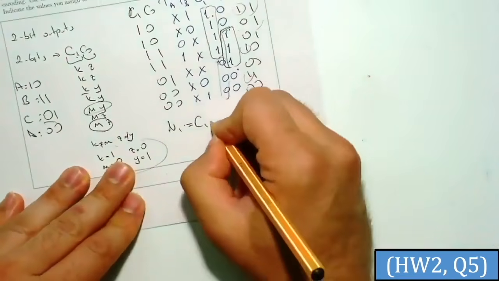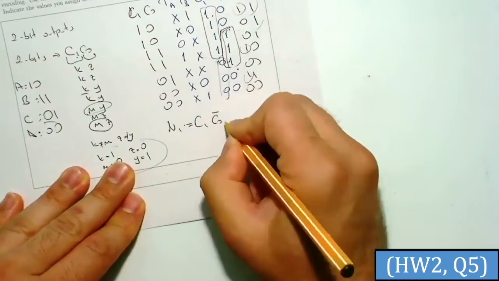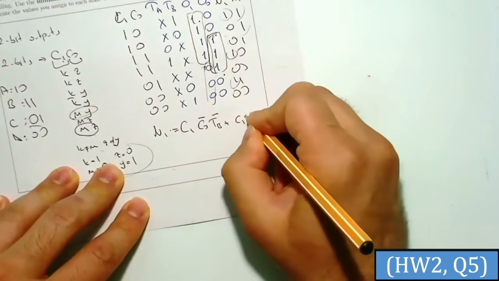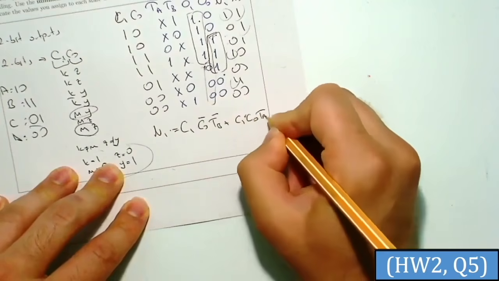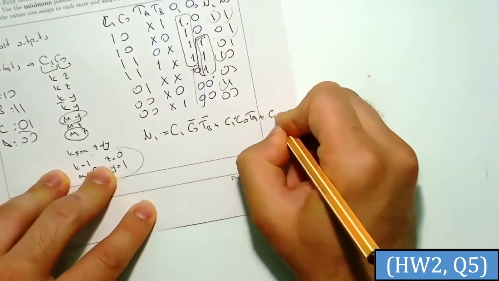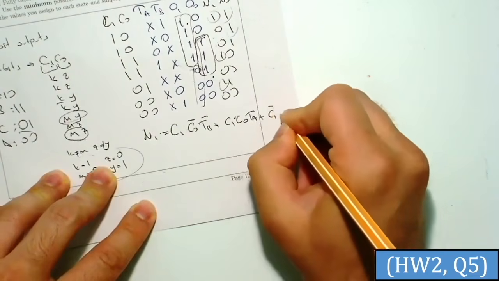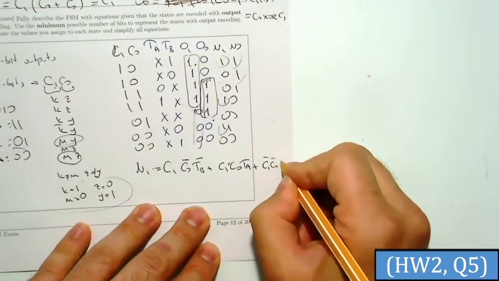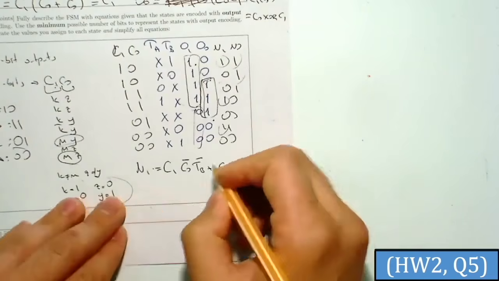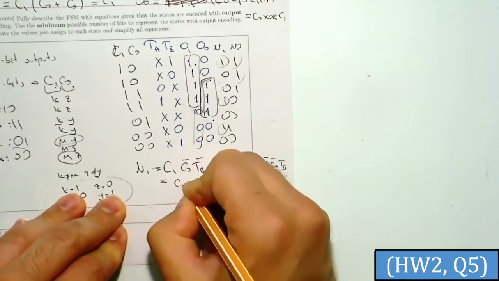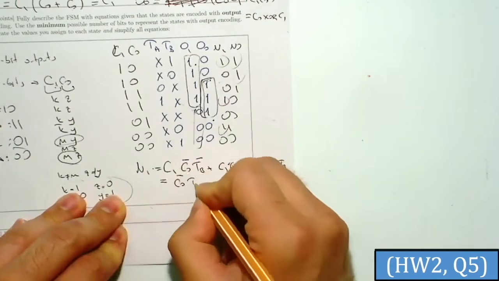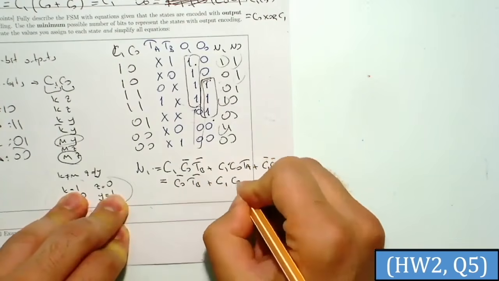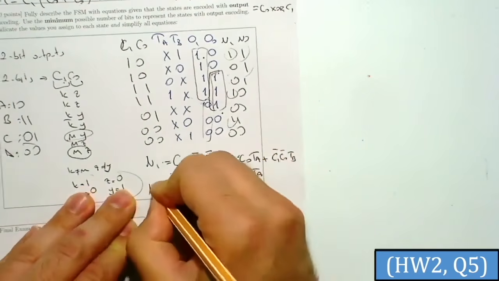So this will be C1, C0 not, and TB not, C1, C0, TA, I guess, and C1 not, C0 not, and TB, and this will be simplified as C0 TB not, or C1 C0 TA, and for